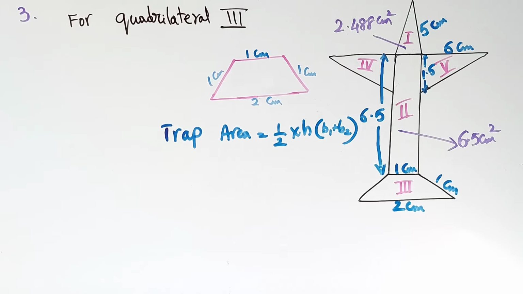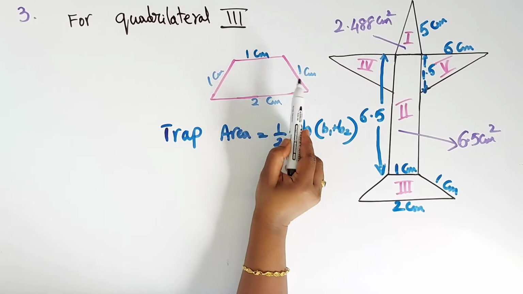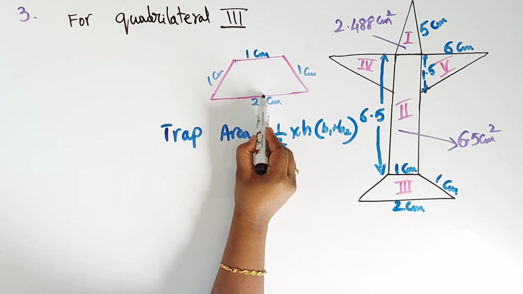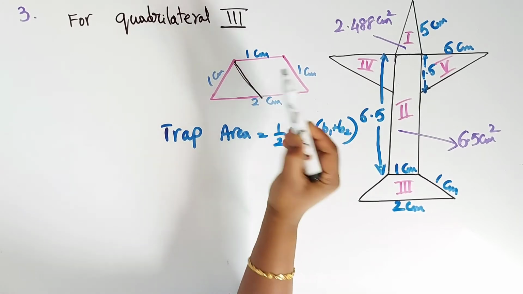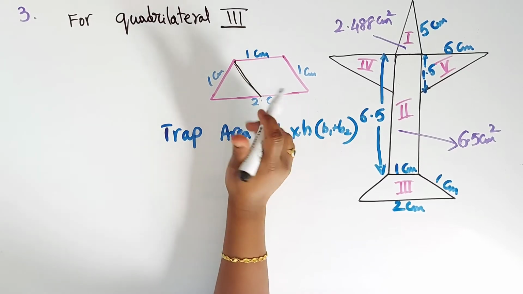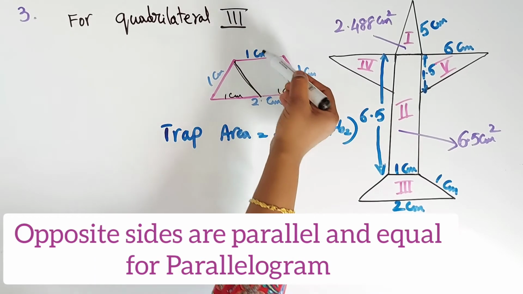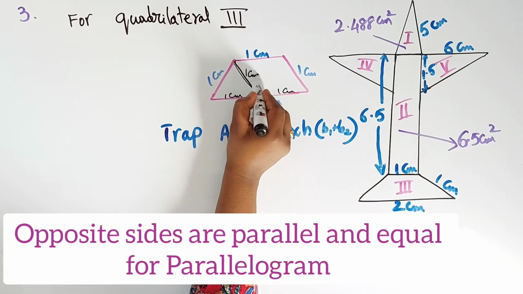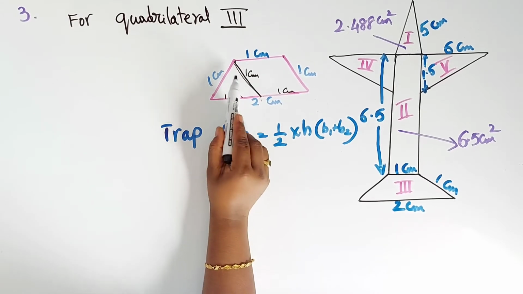Right? For that, now see here, this is 2 centimeter. Right, children? Here 1 and here 1. Exactly with the same length, I am taking a point and I am joining these 2 points, children. So this line divides the base in half. If the full is 2 centimeter, this part is 1 centimeter and this part is 1 centimeter. Now see, this line is parallel to this line, and if it is 1 centimeter, this is also 1 centimeter. Right, children? Now see this triangle 1, 1, 1, an equilateral triangle.